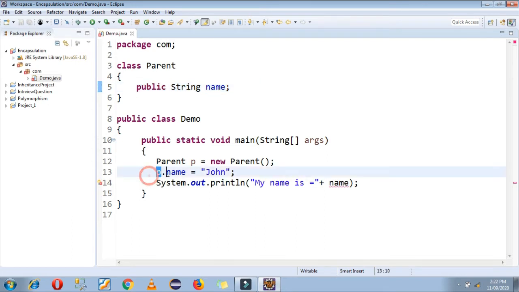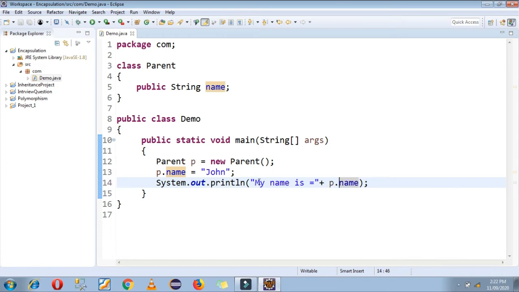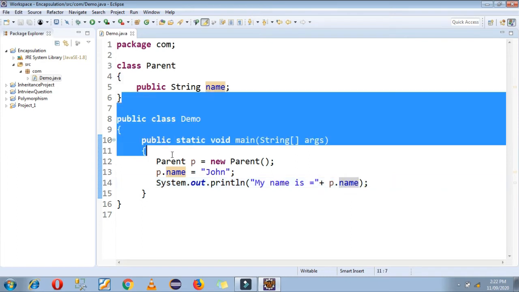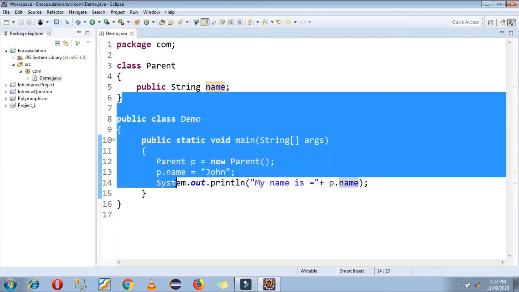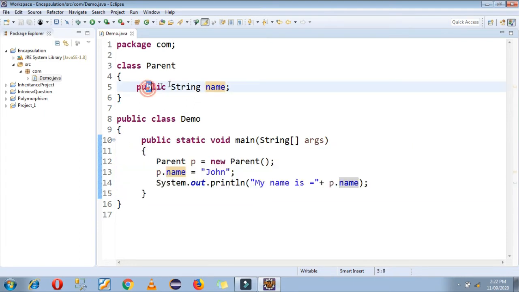Now you can see I can easily update or provide a value in my name variable this way, and I can print it here also: my name is, your object name dot your name variable. You can see not a single error occurred because I have declared my variable as public here.